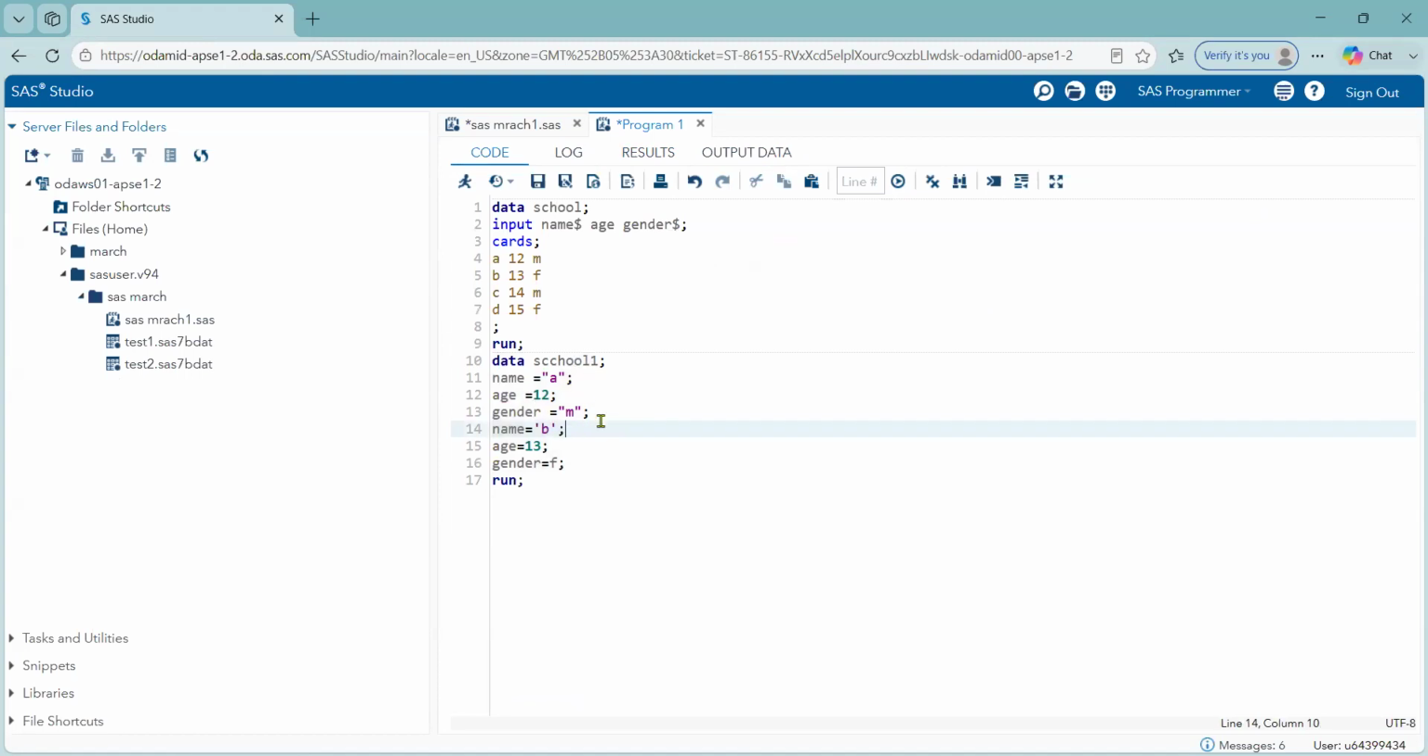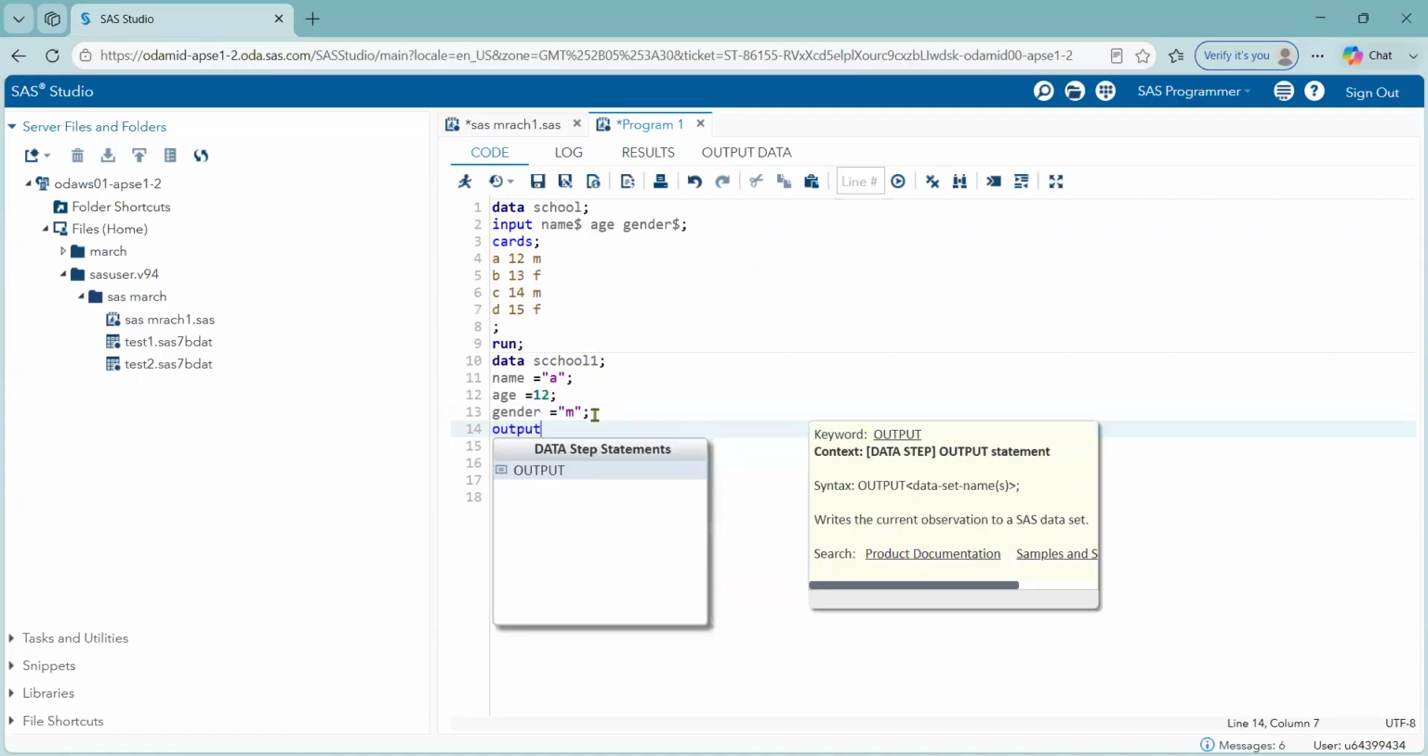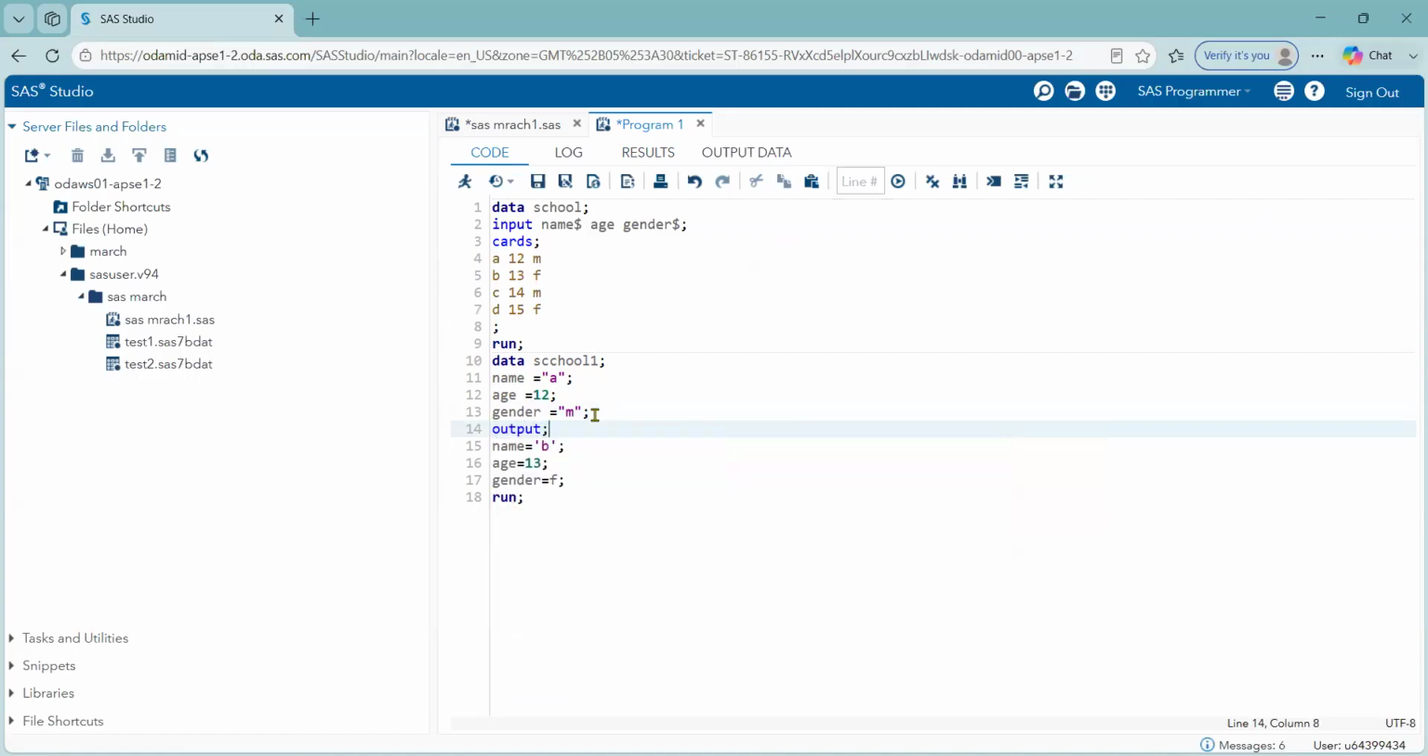SAS reads multiple data sets here. So for these reasons, after creating one record, we have to use the output statement, output and semicolon. This helps SAS to continue reading the data set. And now if we execute this code,